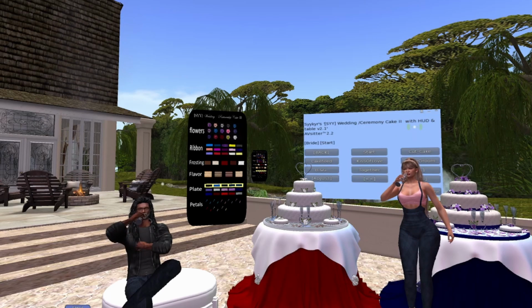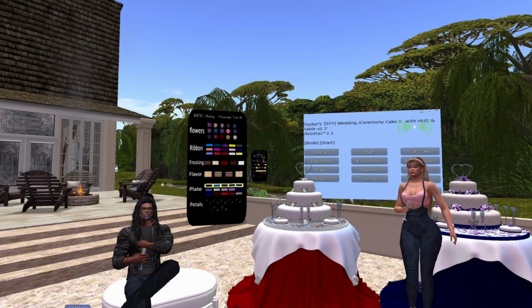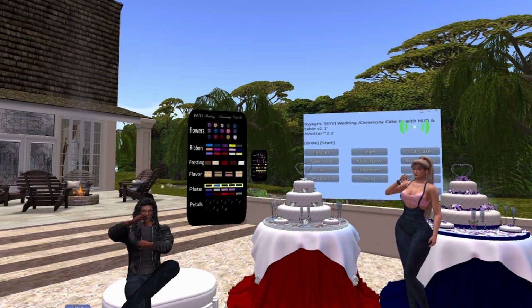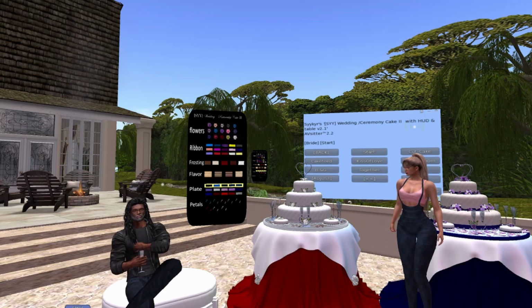It's not very expensive. I think the cake is $3.99. Everything that you see, including animations and tables and hoods. I'm going to take my glass off because I want to show you the actual cake. If I click on the cake also,